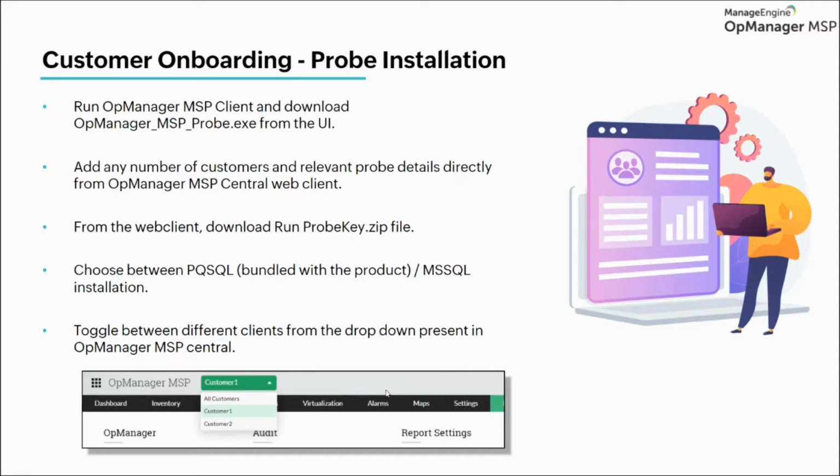And this is done especially for security reasons, where it will happen in a secure connection, and only this Central will be communicating to the respective probes, where we cannot have any other integrations or authentication. The authentication and the security handling is done through this probe zip, which has the key for authenticating the Central and probe communication.